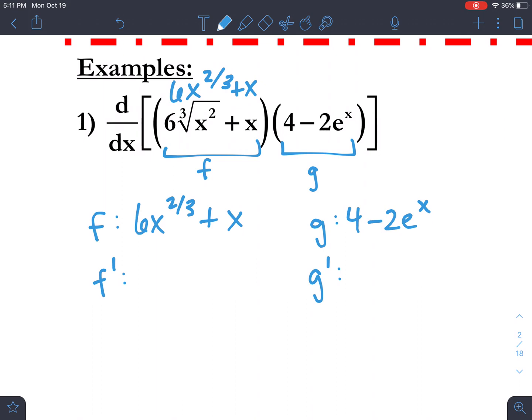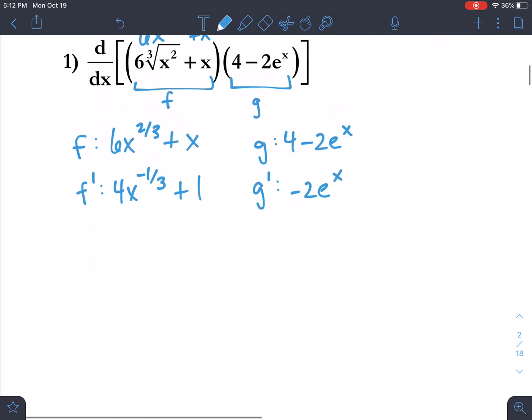Okay, f prime, that would be bring down the 2/3. So 6 times 2/3 is 4, x to the negative 1/3, 2/3 minus 1, plus 1. And g prime would be 0 minus 2e to the x. Okay, so once you have this set up, again, all you're really doing, if you want to think of it even in an easier way,